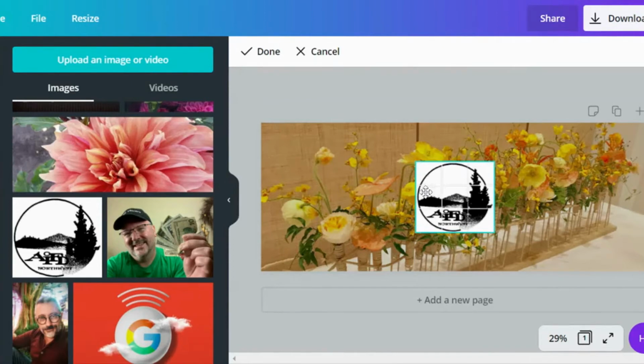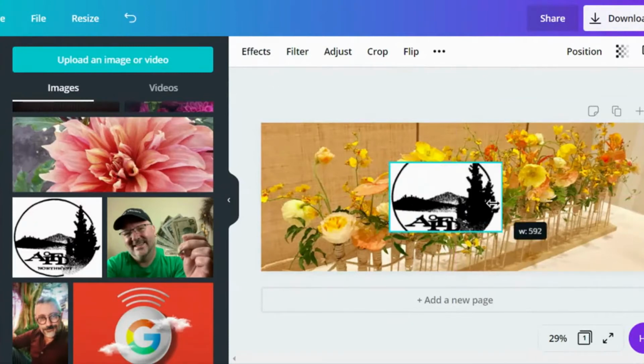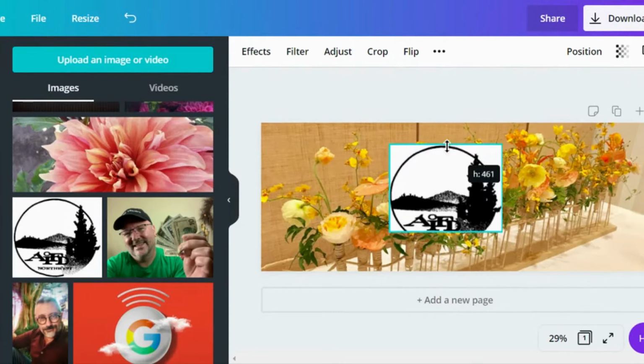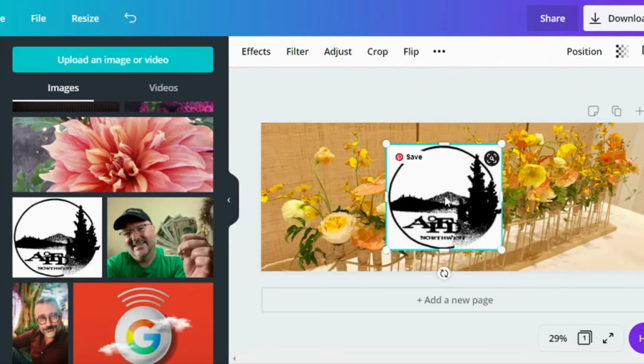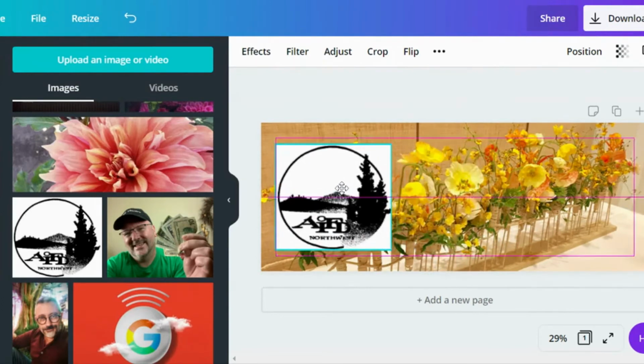And from there, you can move it around and resize it however you might want. There's almost no end to what you can do with things, and it can really give your projects a really professional look very easily. So I'm going to move this image over here to the far left,